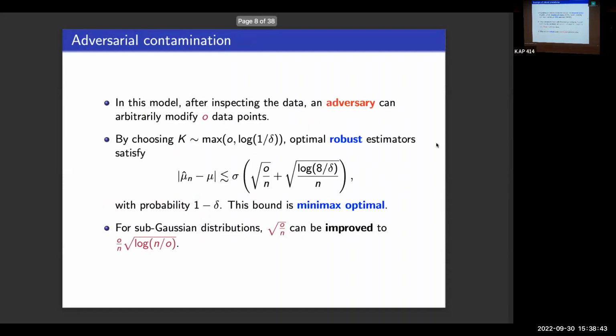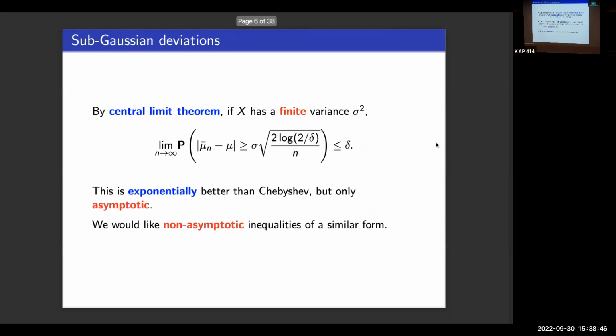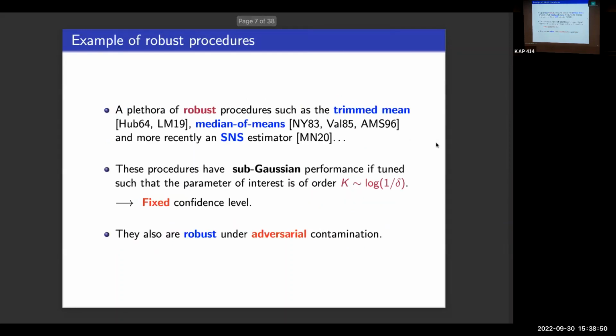All right, so that's basically what we're trying to achieve here. And it turns out there is a lot of work about estimators in this area, a lot of robust procedures. Probably the most popular is the trimmed mean, a simple estimator where you take your data, throw away the 10% or 5% largest or smallest observations, and then average out whatever is left. It turns out that's a very good estimator, in terms of what I will explain later.